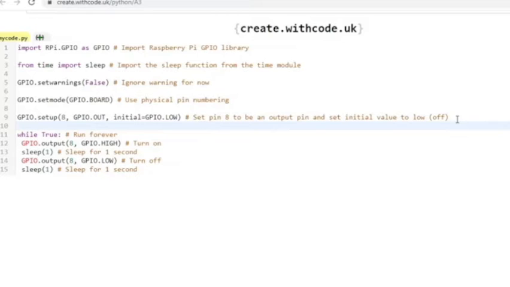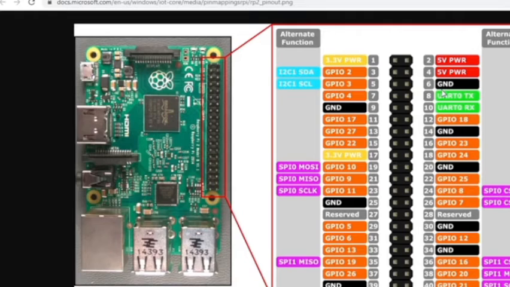Here you can see in this program I am writing the code for pin number 8, right? Here we are using board mode, so 8 means this pin number 8. You can see pin number 8 is actually UART, but since we are in board mode, 8 means this physical count.